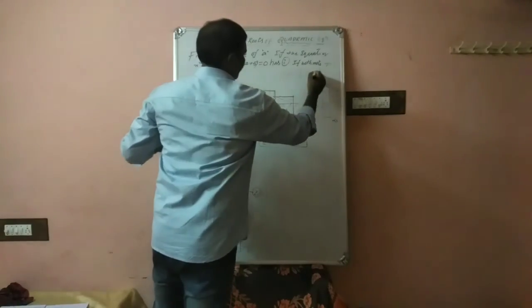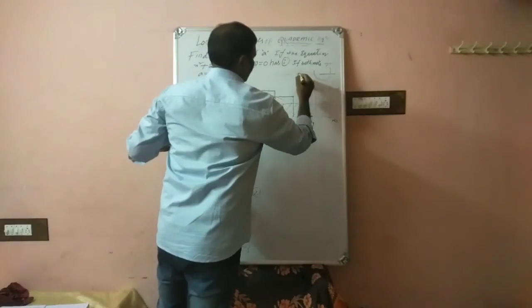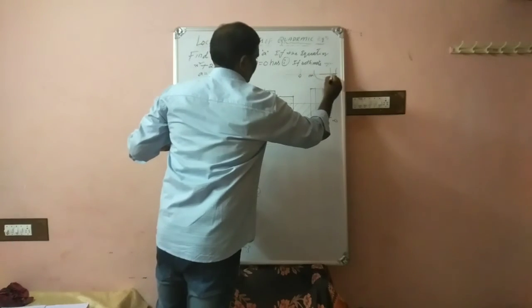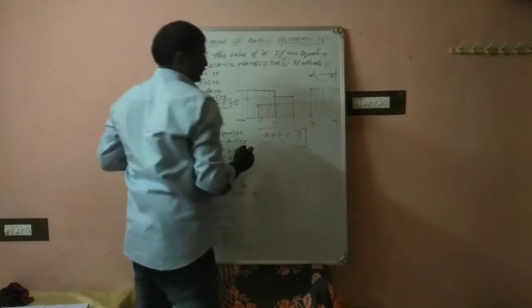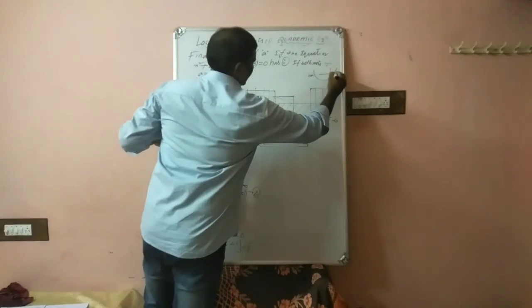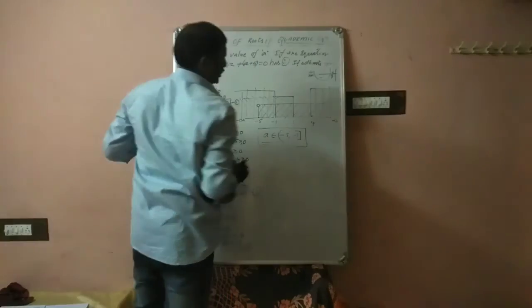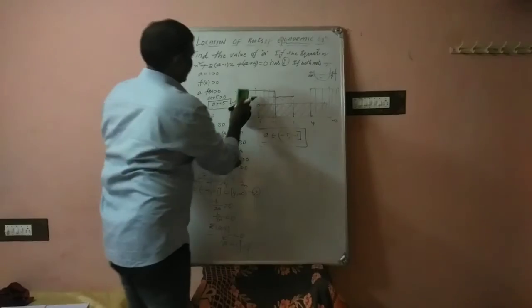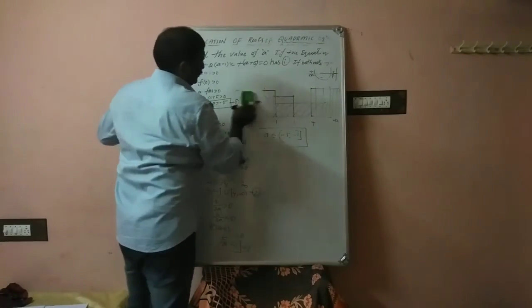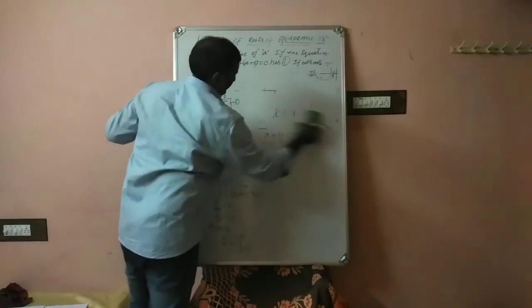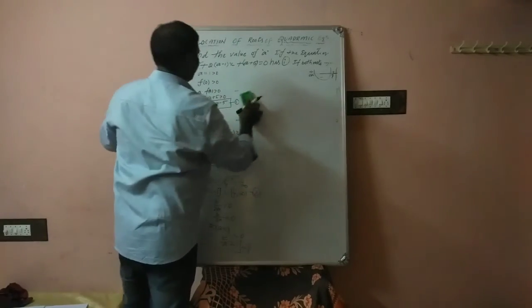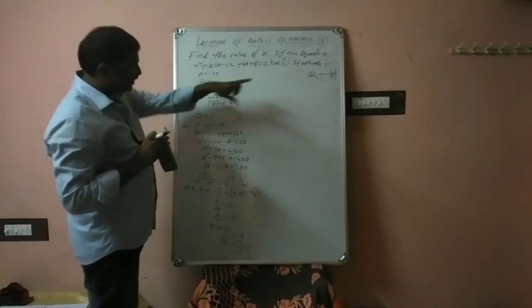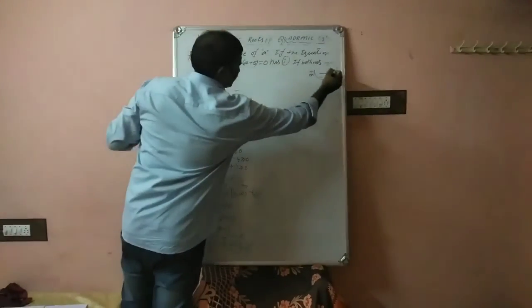So A positive, upward parabola. But this is 0 and this is 0 and this is alpha and this is beta. Both are negatives only. So as per wavy curve method, positive, negative, positive. So like that, if you go on, what are the conditions we will check now. See here, f of A is positive, f of 0 in that case, what is f of 0? F of 0 is positive.